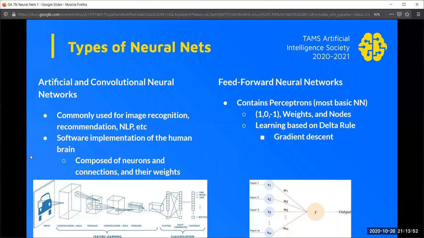So for most applications, you're going to see these being used. If you're seeing a neural network in action, usually you can guess it'll probably be an ANN or a CNN. It's composed of neurons, like Tiffany was saying, and these have connections, and on those neurons and on the connections you have weights. We'll go through this picture at the bottom in more detail, but basically what you're doing with this,